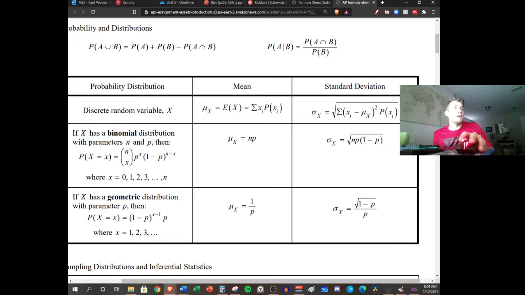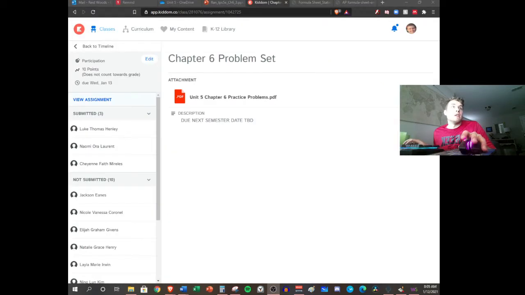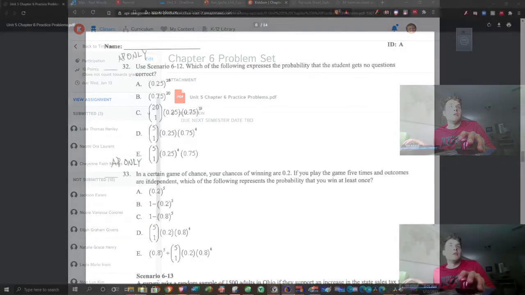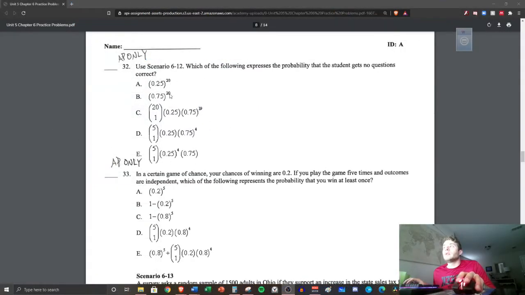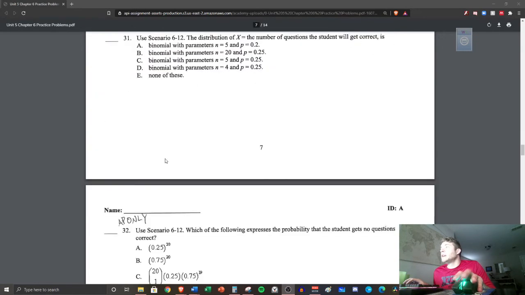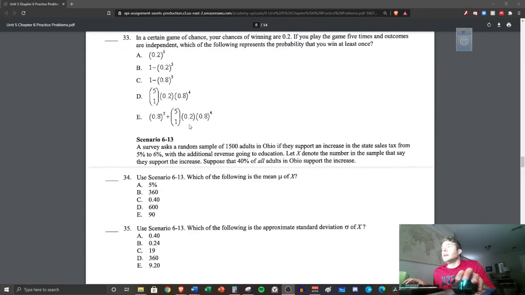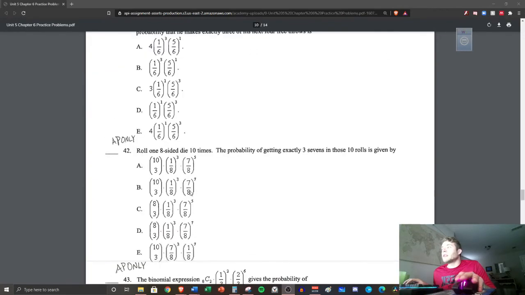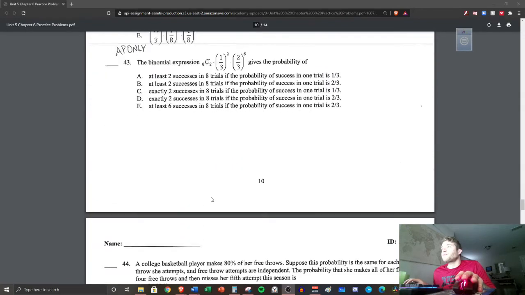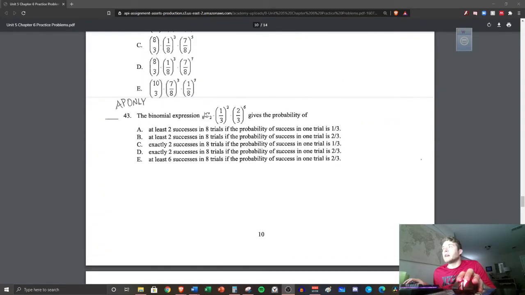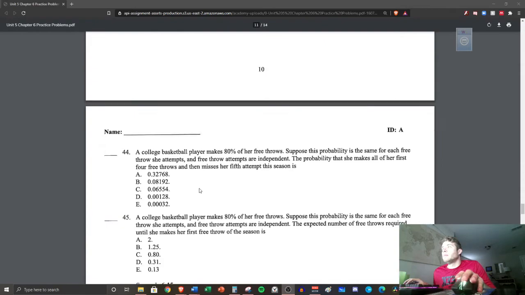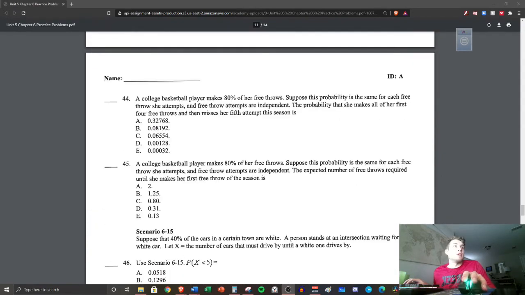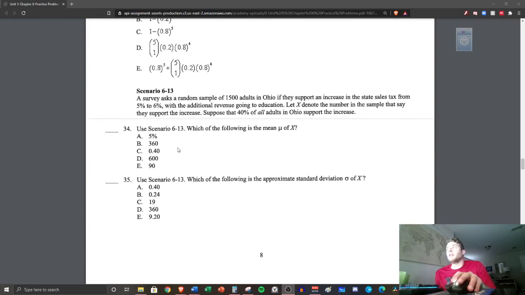Let's look at the problem set really quick, and then we'll be done. So AP students, you now have the tools to do these problems here, 32 and 33. You'll notice how these say AP only on here. Dual credit's not going to have to worry about that. But let's look, and then there's a couple more here. Where's the one that I want? Hold on one second. Okay, so here, 34 and 35, it says a survey asks a random sample of 1,500